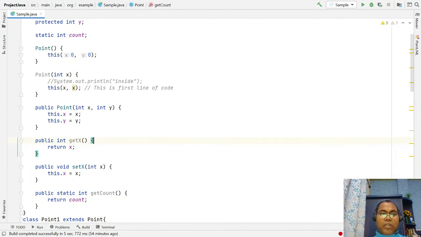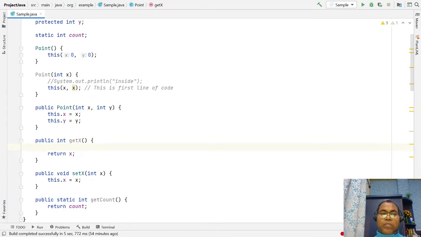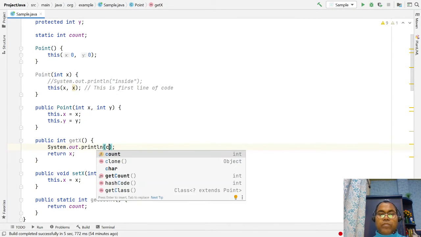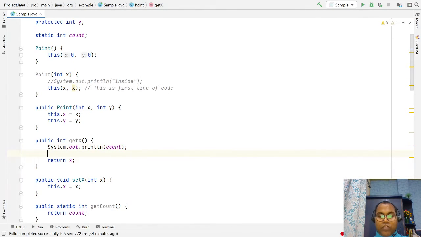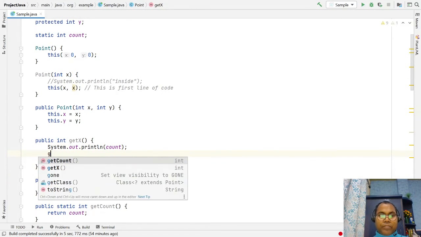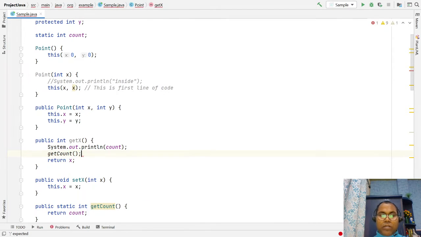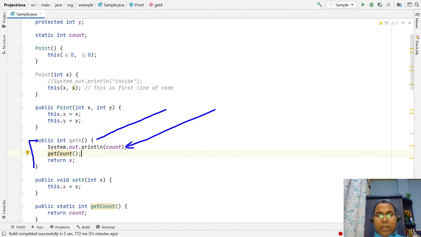Inside your instance method you can access your count, the static variable, directly, or you can directly invoke your getCount method. From an instance method you can easily access your class variable as well as your class method. There is no problem.